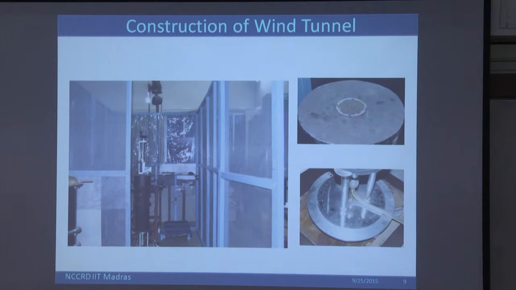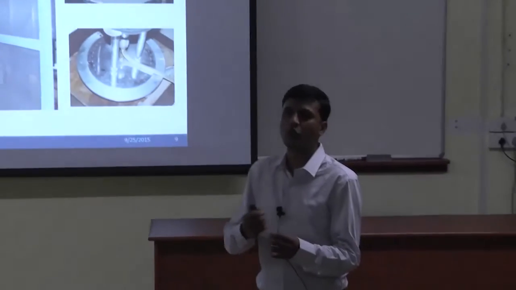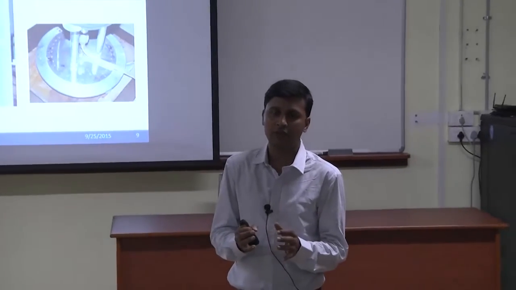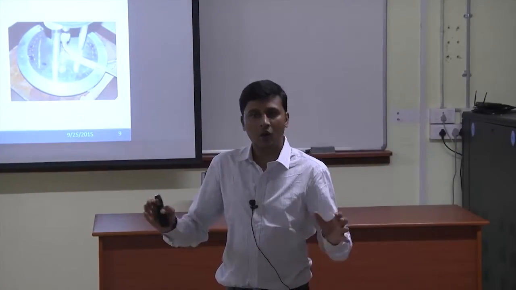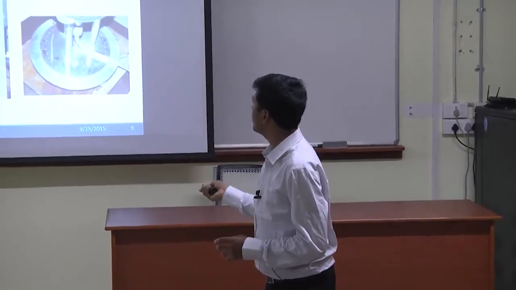We found that the presence of the grid has no effect beyond 2D. After 2D, it all becomes like a jet. It has the information about the grid, like scales. The grid would produce a smaller scale. There is some information about the grid, but after 2D, it almost becomes a jet. How that happens, I'll be showing later.